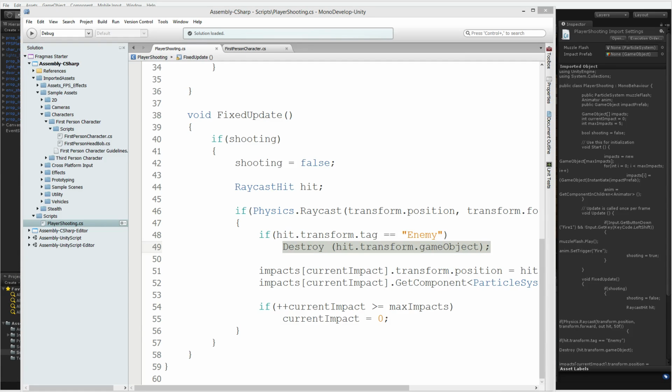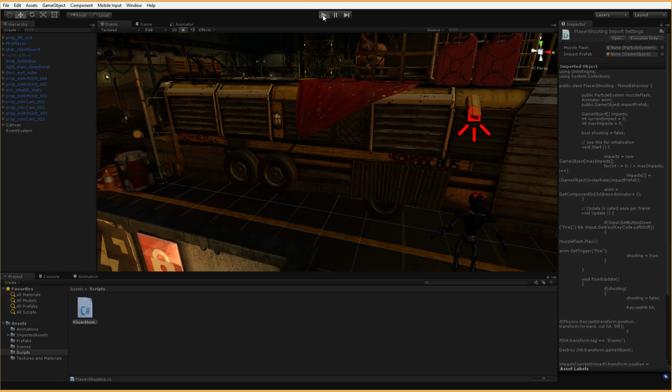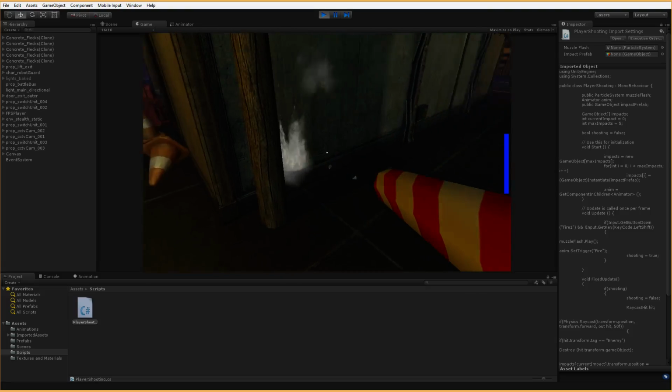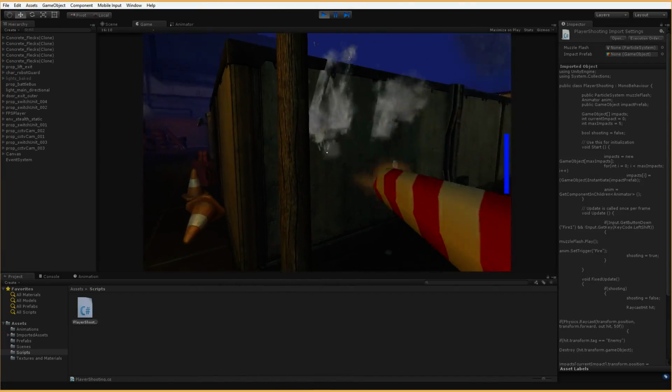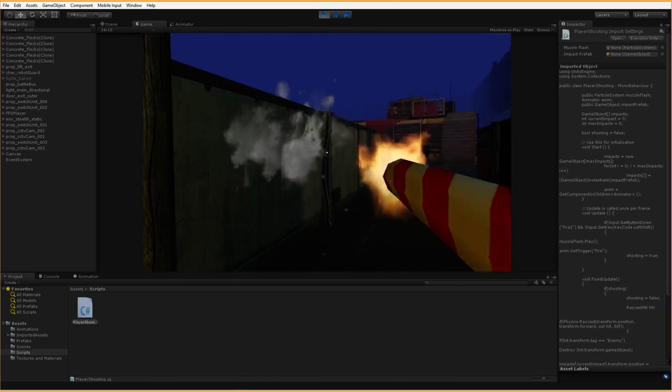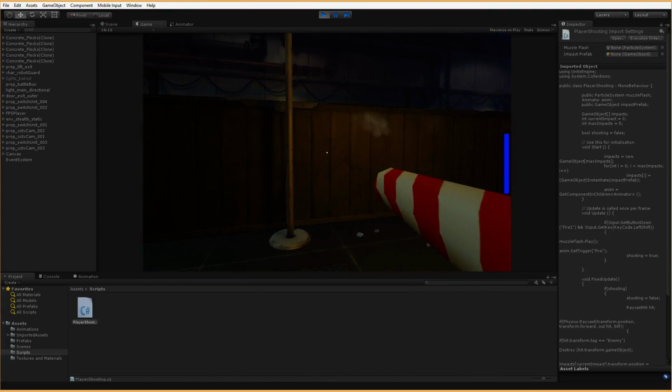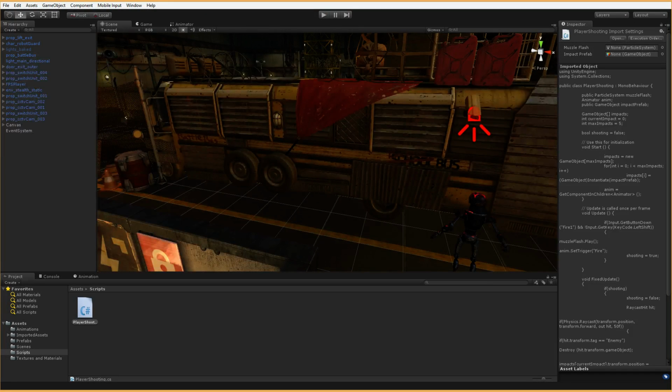What is the logic of choosing max impacts of 5? I shouldn't need any more. Can you tell if I don't have enough, or do I have enough? I don't even know. It certainly looks like it's working to me. So I used 5. 5 seemed to be okay.